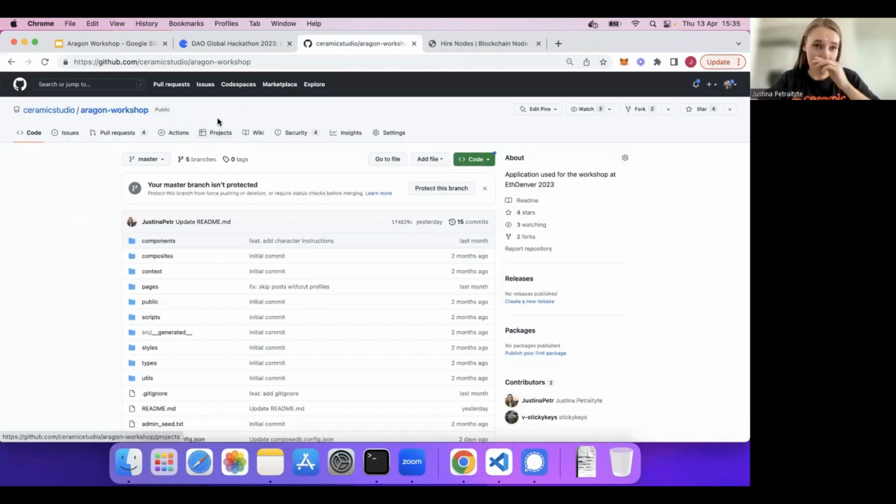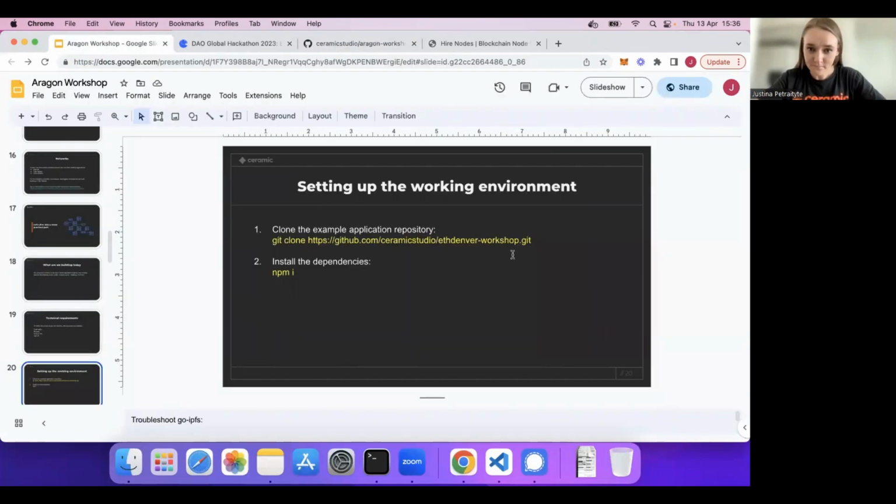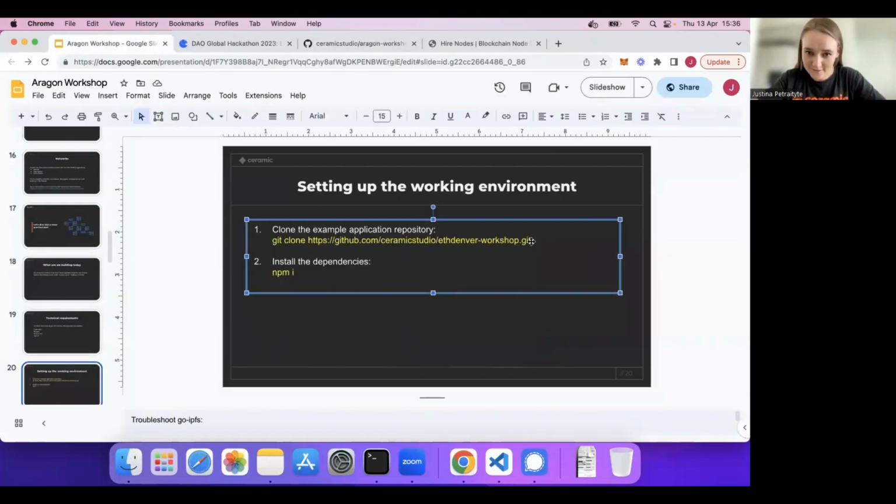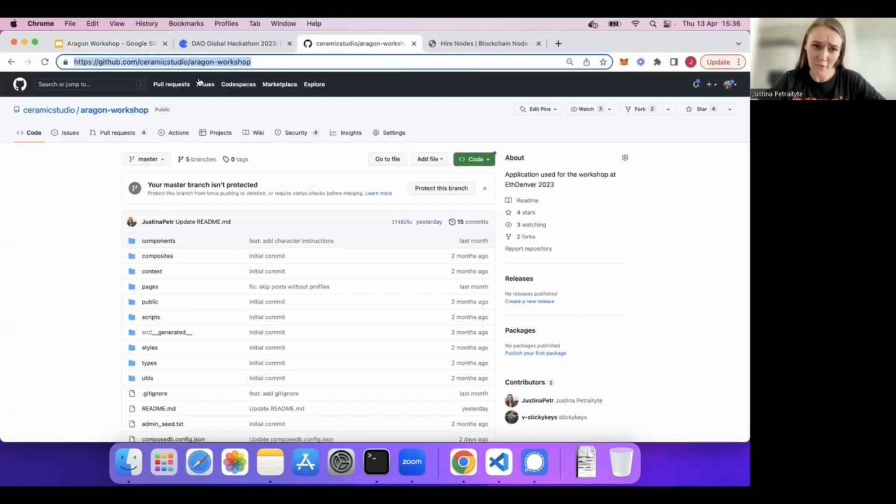But basically, instead of Denver workshop, which is a little bit old repository, we have Aragon workshop. One of the workspaces on Ceramic is Ceramic Studio. So this is where this repository is.